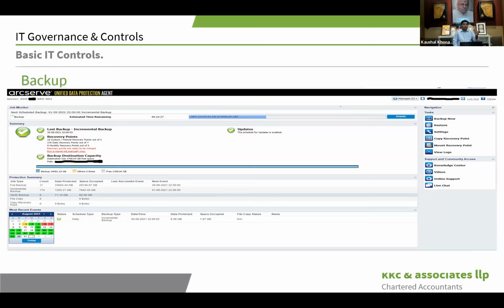If you see at the bottom left of the slide, there is a calendar given. So it is so easy for you to go back in time and get access to any data which you are not able to find currently. Depending on the size of your external media and device, and the quantum of your data, you can have up to say 15 days to probably 3 to 6 months of historical data available with you. So you can travel back in time and get any file you want, and it will be a life saver in crunch time. So having a good backup solution is also very, very important.